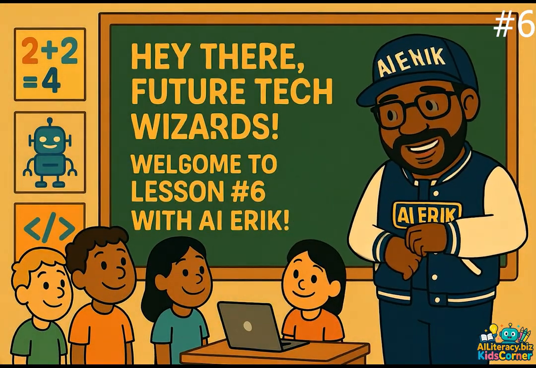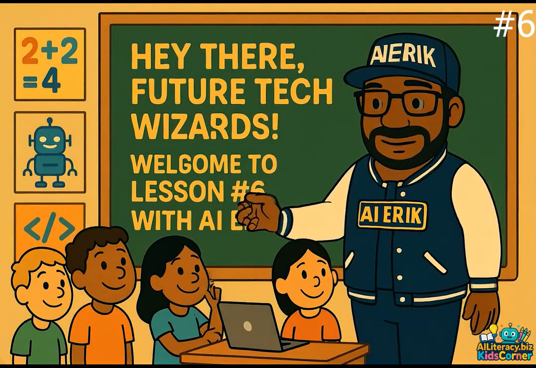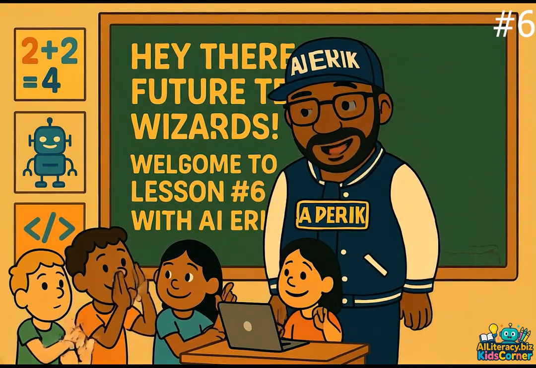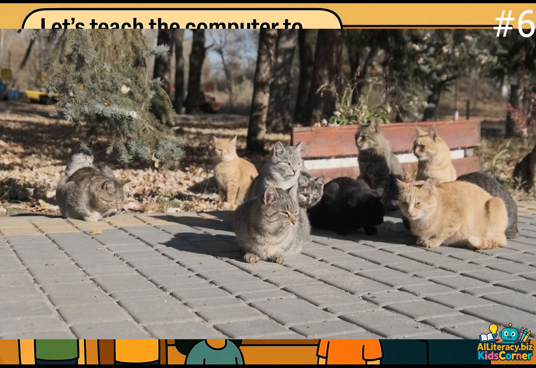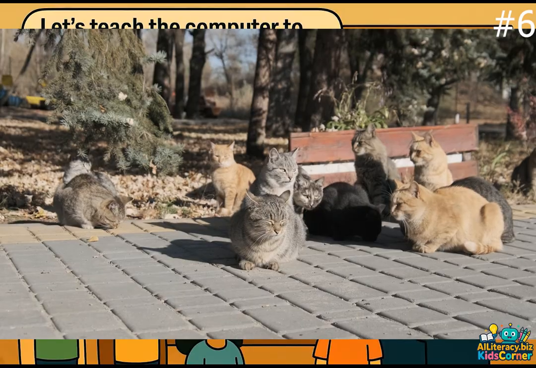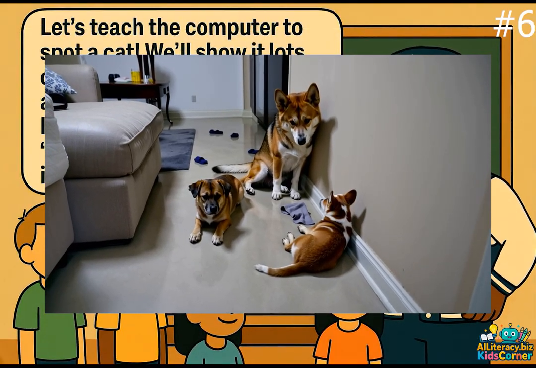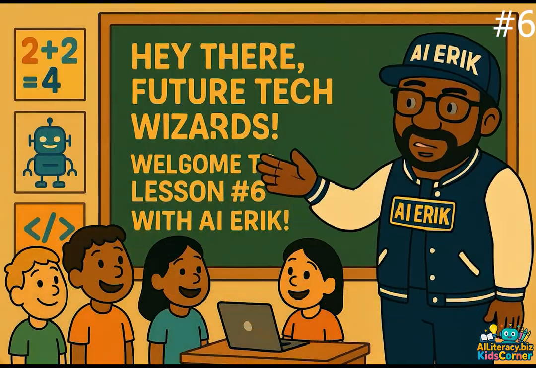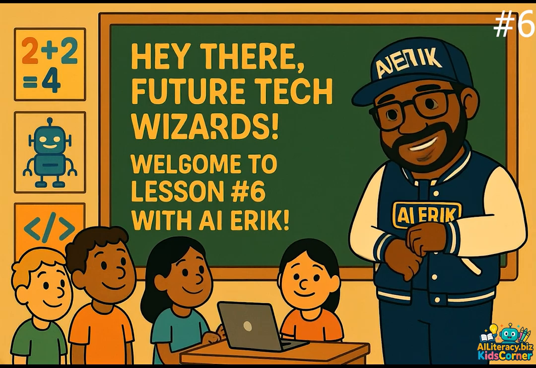Welcome to lesson number 6. Today we're diving into machine learning, the amazing way computers learn to recognize things like cats. Let's teach the computer to spot a cat. We'll show it lots of cat pictures and say, this is a cat. Then we show other things like dogs or socks and say, this is not a cat. That's how it learns. Let's explore how we can teach a computer to tell the difference between cats and, well,